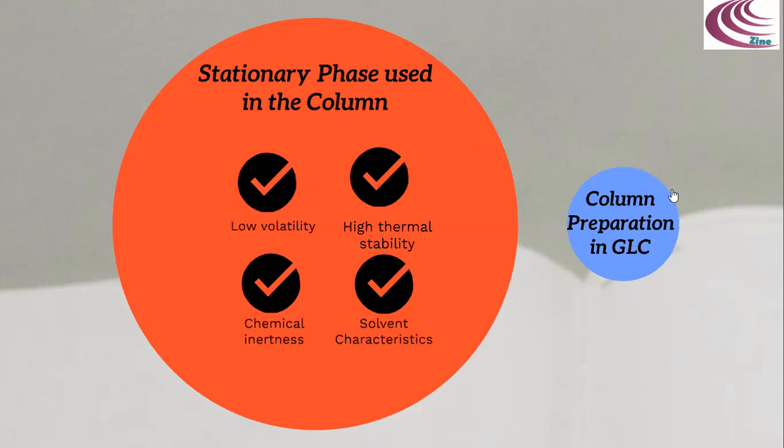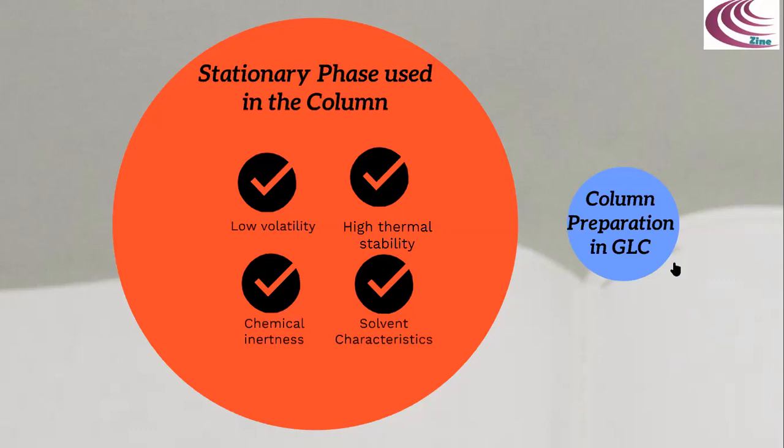Then, in column preparation in gas liquid chromatography, the support material of the required particle size range is obtained by using proper sieves. A liquid that is to be used as a stationary phase is poured onto it so as to get a slurry of proper consistency. The amount of the liquid to be used as the stationary phase is calculated so as to achieve a thin coating of around 5 to 10 micrometers on all the solid particles of the support. After evaporation of the excess solvent, dry and free flowing particles are obtained.